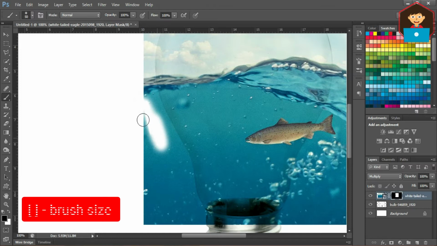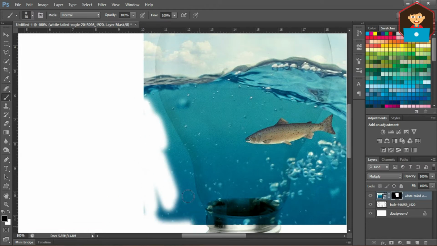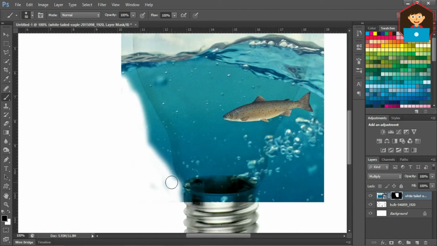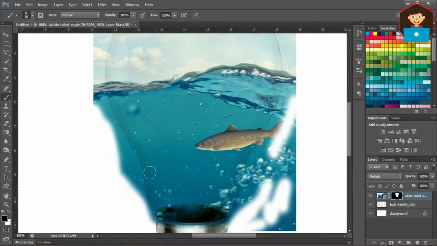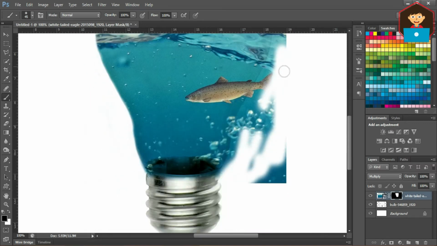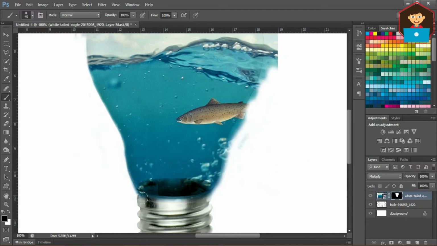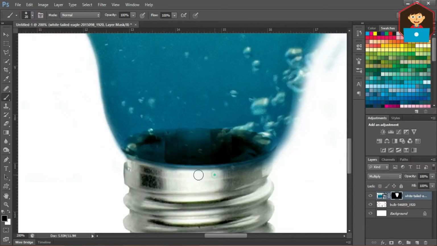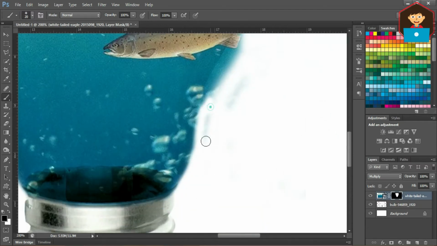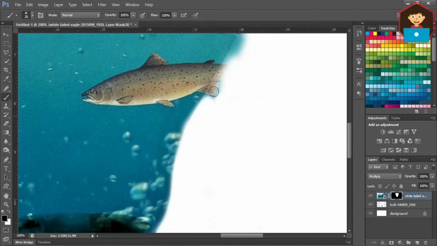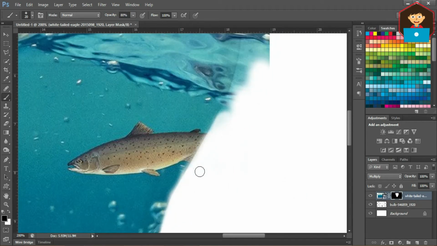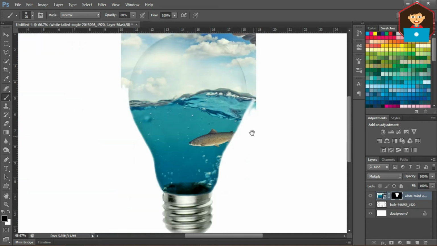Change the brush size with the bracket left and right keys. Still I don't want the outer area.